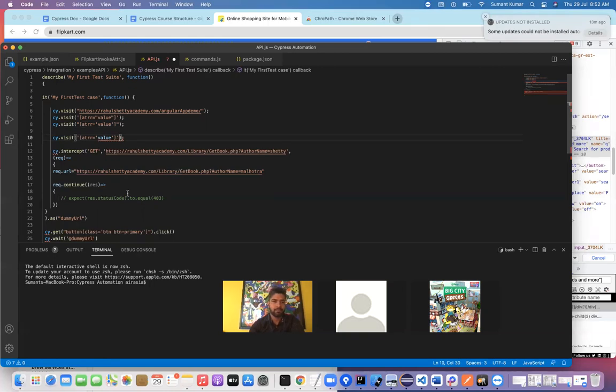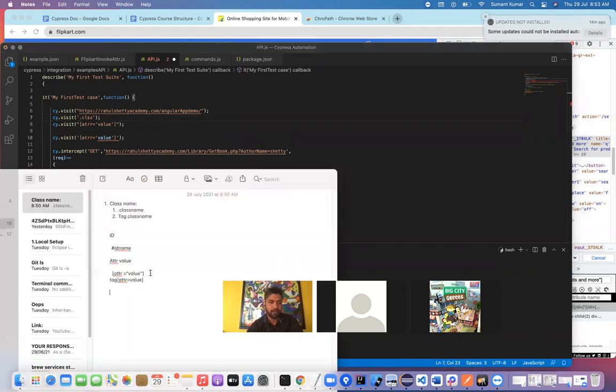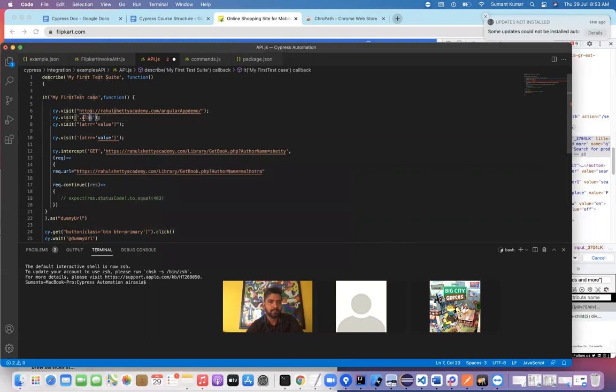Okay, wait. In Cypress, if you want to write any command, you have to use it in this way, and here you have to write your locator. So let's say I'm using the class name, dot class. This will also work, but when it comes to this one, if I'm going to write our locator in this way, like attribute equal to value, that time we have to use this bracket, correct? Yes. So the complete thing will come inside this. Single quotes, yes, single quote or double quote, whatever you want, you can use.